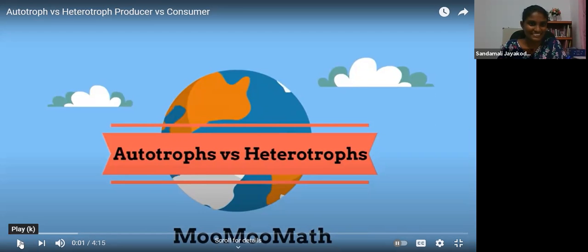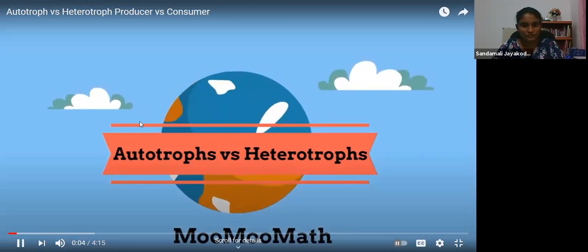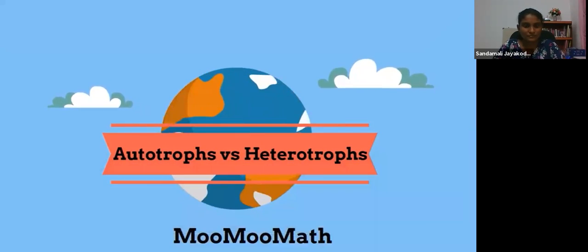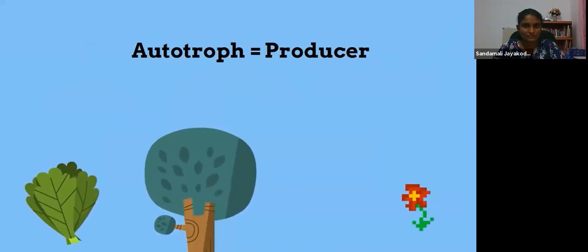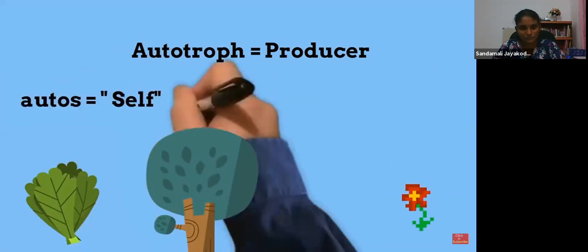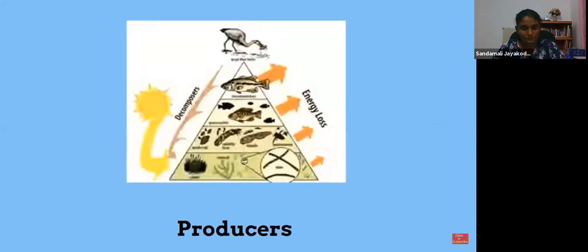Yes. An autotroph versus heterotroph. An autotroph, also called a producer, is an organism that can self-feed. The word autotroph comes from the Greek word autos, meaning self, and troph, meaning nourishing or nutrition. Autotrophs are the producers in a food web, and they are the bottom base in an energy pyramid. Some common examples would include